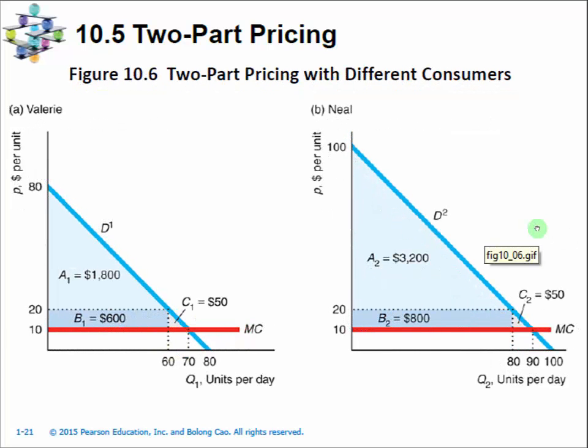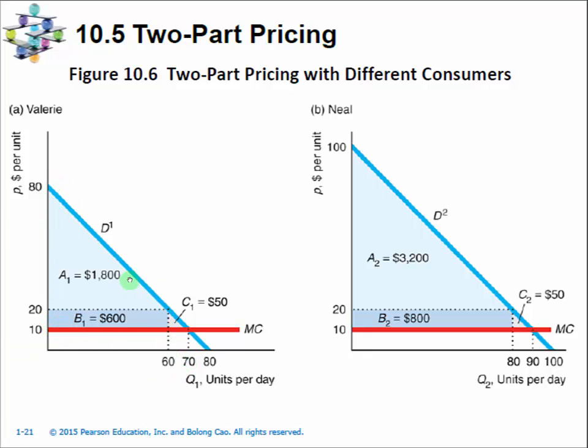The two-part pricing is more complicated when we have different kinds of consumers in the market. Here, Valerie has a lower demand curve than Neil. Neil's demand curve lies above Valerie's. And if we think about the complete consumer surplus we can extract from Valerie, we have 70 times 70 divided